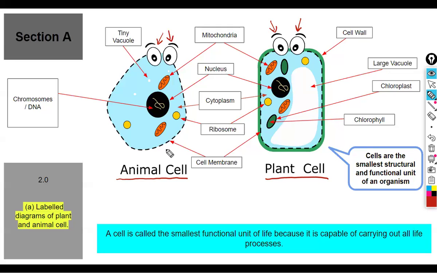So there are a lot of similarities between an animal cell and a plant cell. You all will see that both a plant and animal cell have what? Something called a nucleus. The nucleus is like the boss of the cell. He controls everything that goes on in the cell. He's like the brain of the cell. He tells everybody what to do. He's boss, right? So all plant and animal cells must have a nucleus.